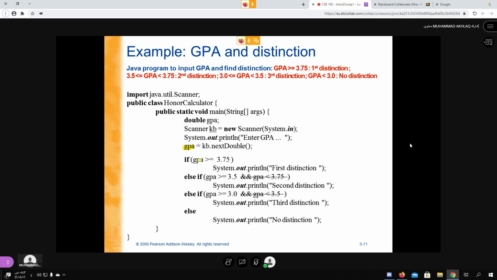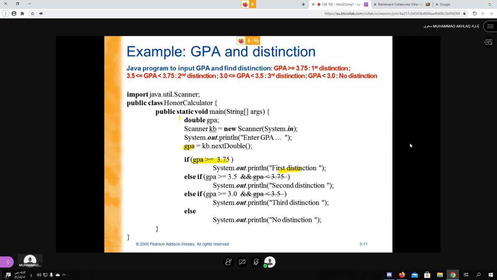So here we have if GPA is greater than or equal to 75, then we say first distinction. Now in the question he says greater than or equal to 75 first distinction, 3.5 to 3.75 is second. Okay, so you can have two conditions, but when it is not greater than or equal to, then it will go to else part.